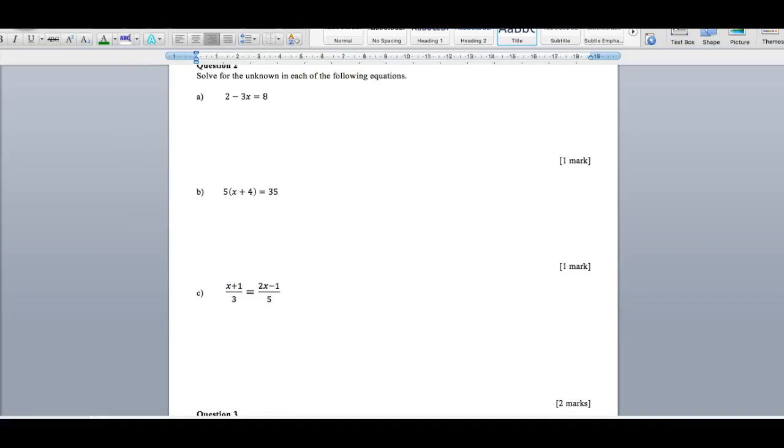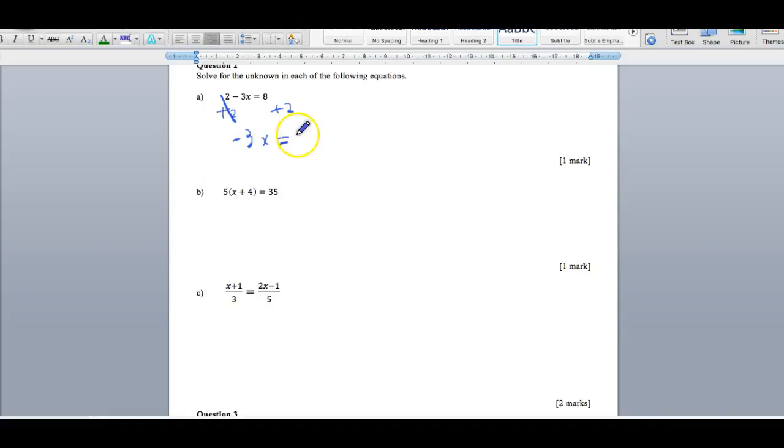All right, question 2. Solve for the unknown in the following equation. So the first two, see how they're only worth 1 mark. So if you didn't know how to do these and you did them on CAS, you still would have got 1 mark. The reason they're worth 1 mark is because a lot of people can just look at that and see what the answer is, but let's solve it by hand. So get rid of that 2, add 2 to both sides,